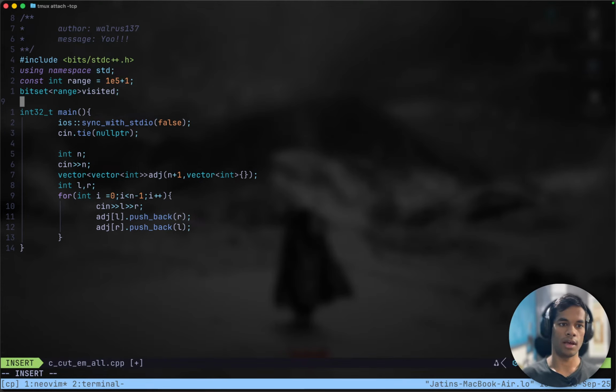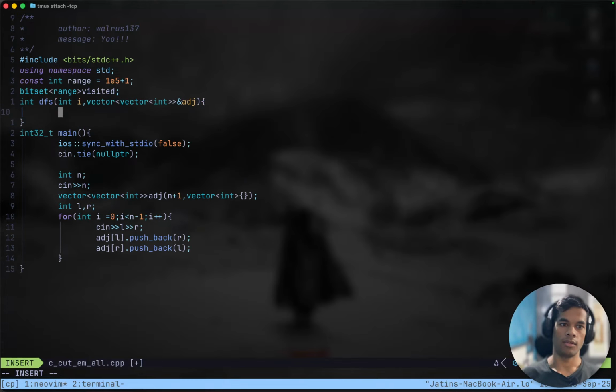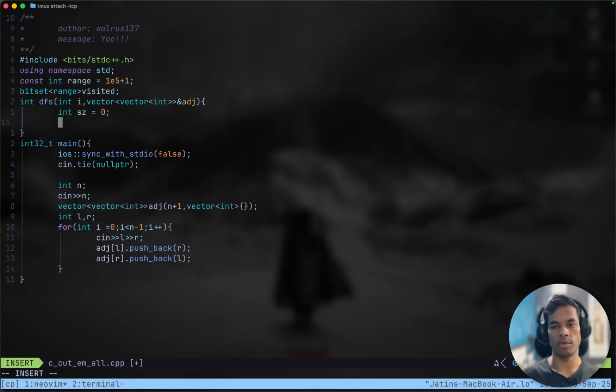And then we will have a DFS algorithm. It will take in index and a reference to a vector of vectors of integers called adj. And what we will have is int c or size, initially going to be equal to 0 for